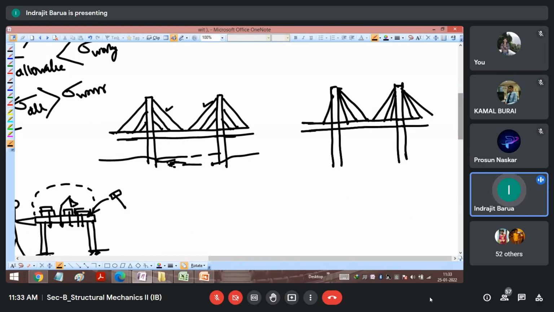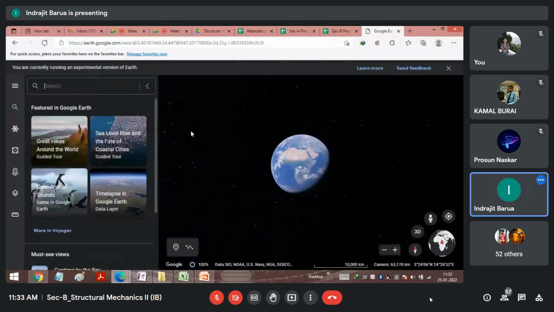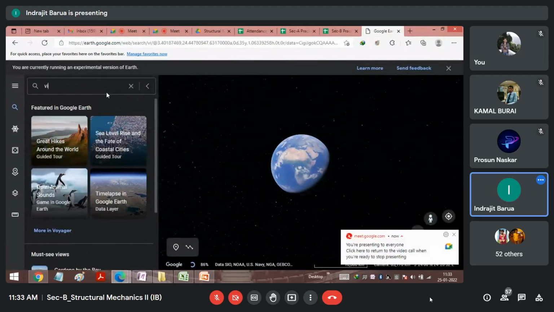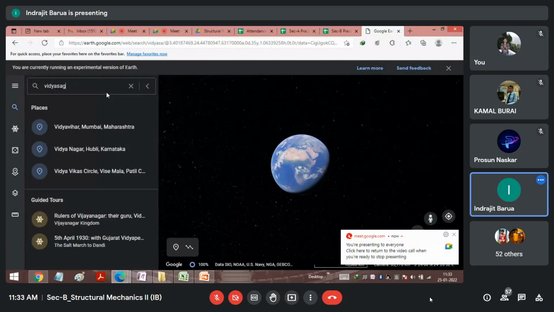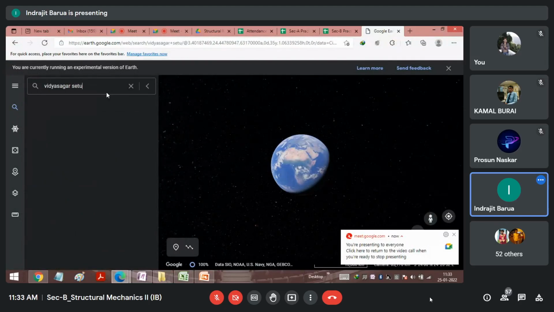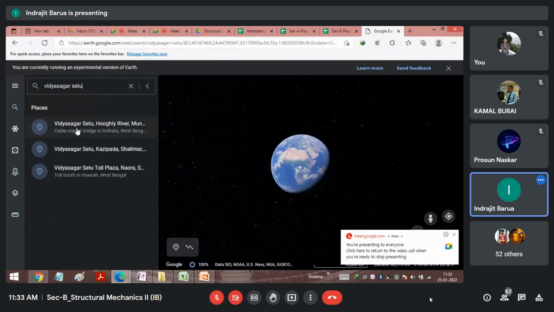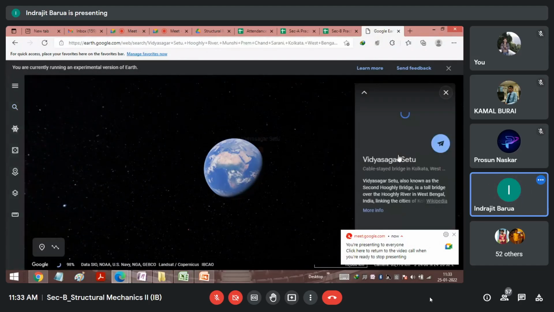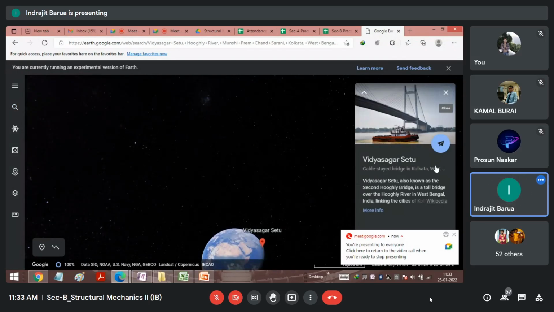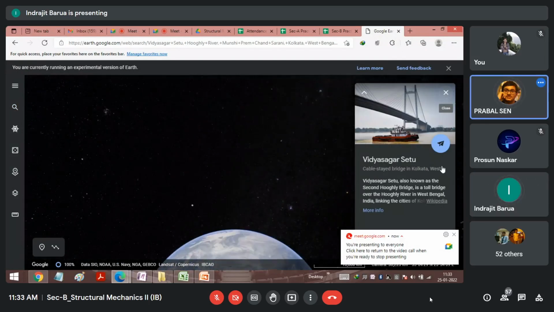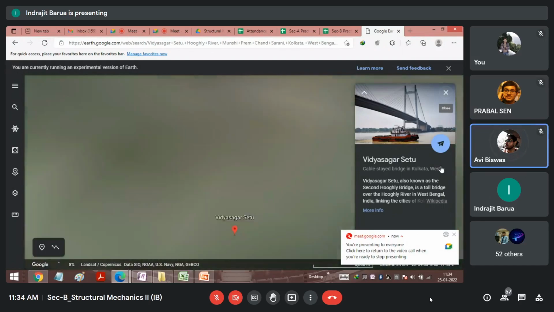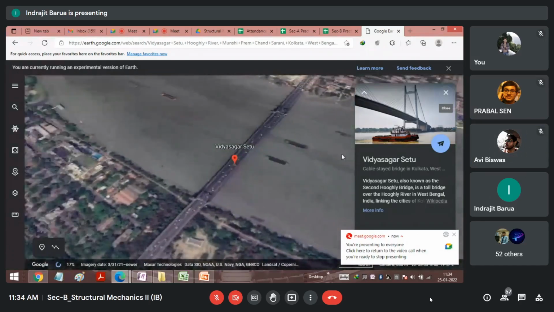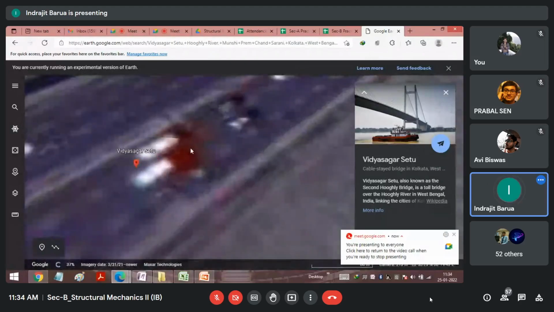Maybe the dimensions I'm drawing are not correct. This is it. Let's take a member from Vidyasagar Setu and then we will be doing it. You both sections can see the screen, right? Yes, sir. So if we just zoom it,